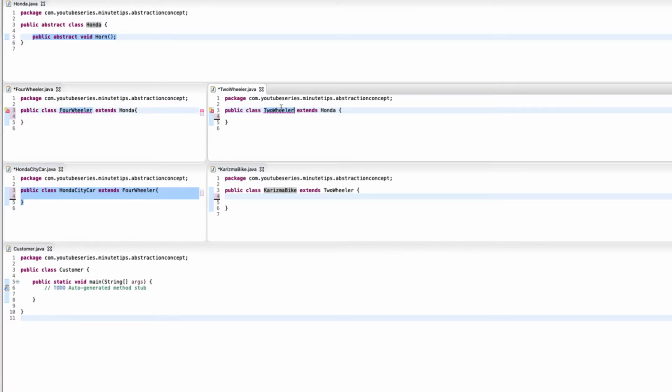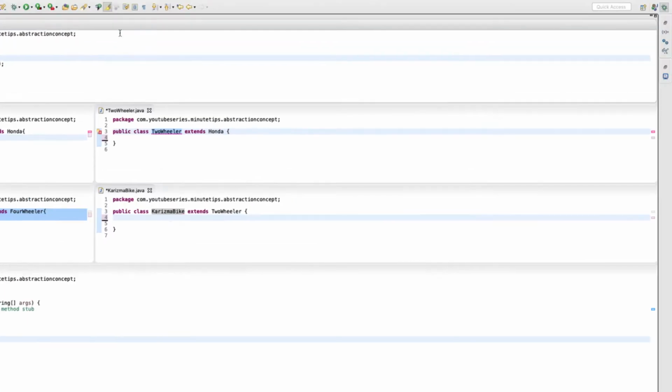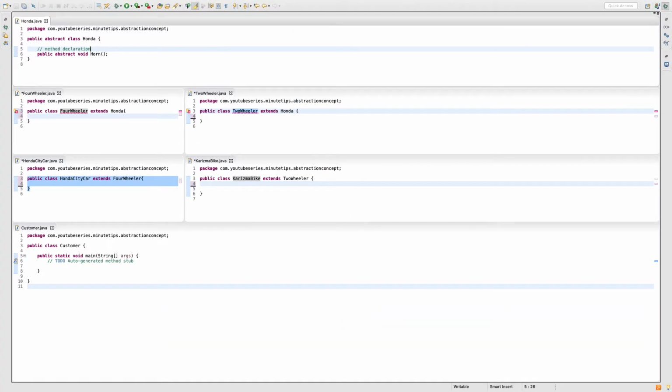If I move my mouse here, it says add unimplemented method, because here we have just declared but not defined. Our method is declared but not defined.